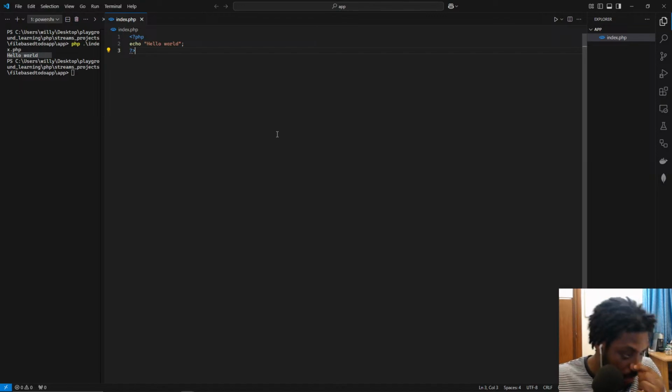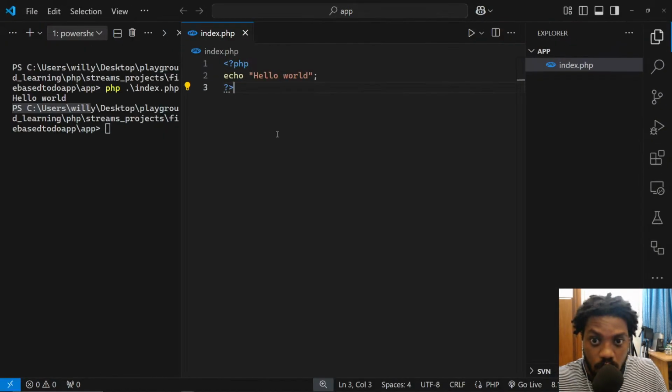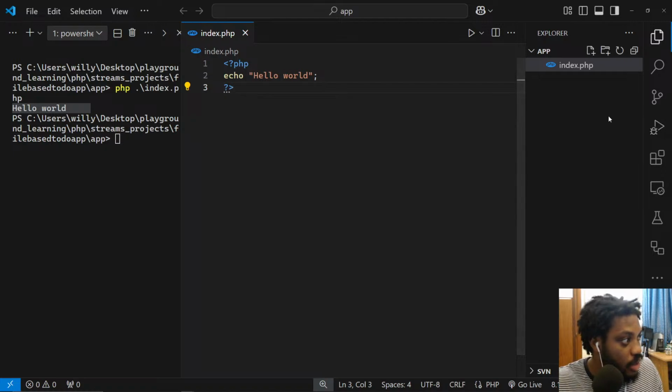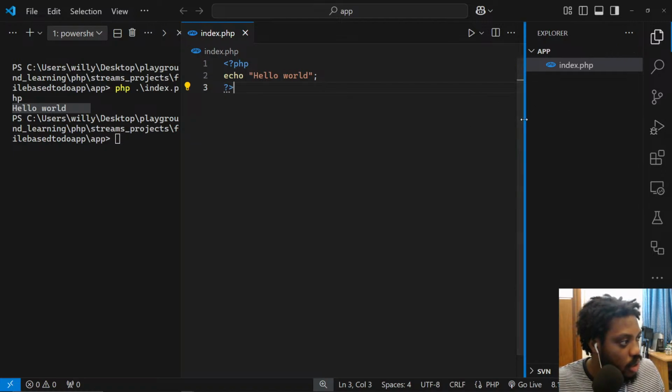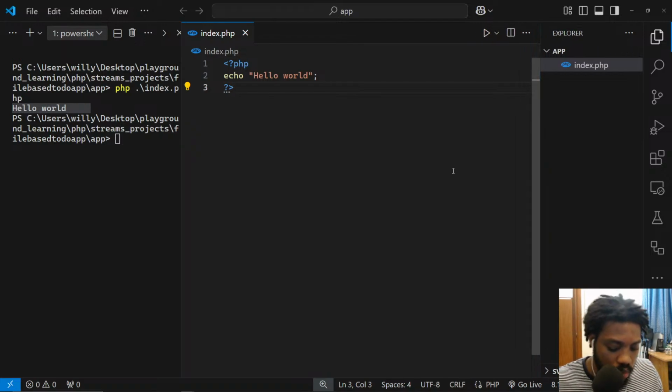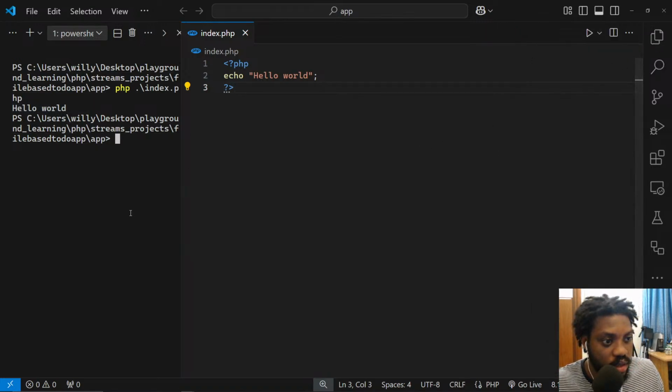Okay, so I think the browser view is too small. Let's increase this, 1 2 3. I think this should be fine now, right? This okay. So we can close this part and everything is clear. Okay, so